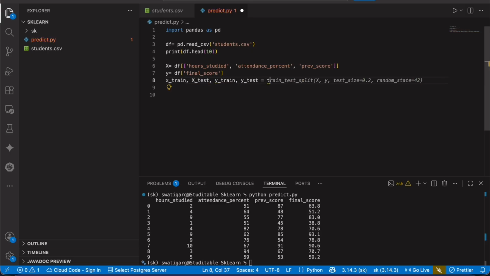The function to use here is train_test_split. It will take the value of x that we just created, the y value, then the test size is 0.2, and random state is 42.